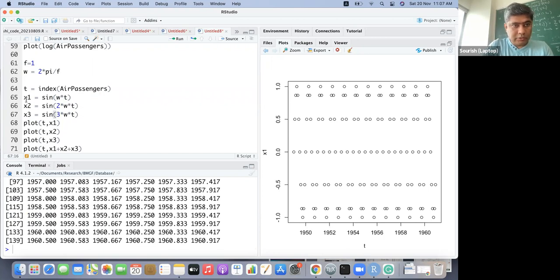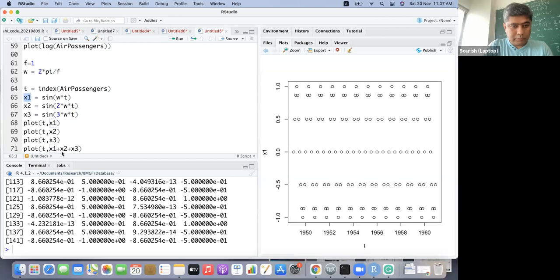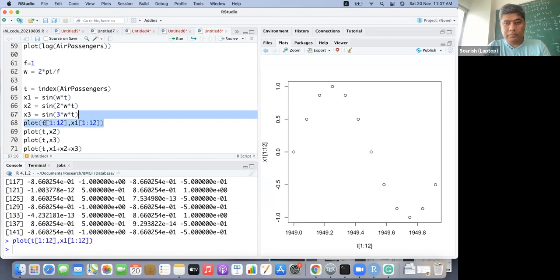Okay, I think that is the right thing. So now I just took the first 12 months, and we can see that it is behaving perfectly fine.